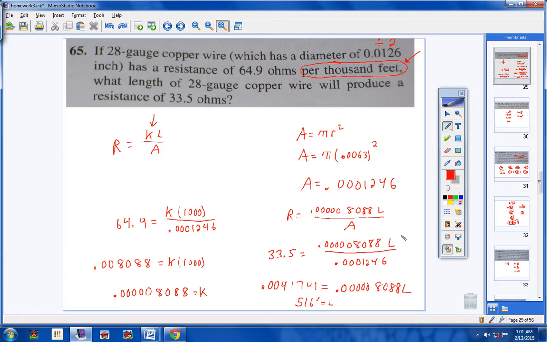Now just solve for L. I multiplied both sides by 0.0001246, and I got this. Then I divided both sides by